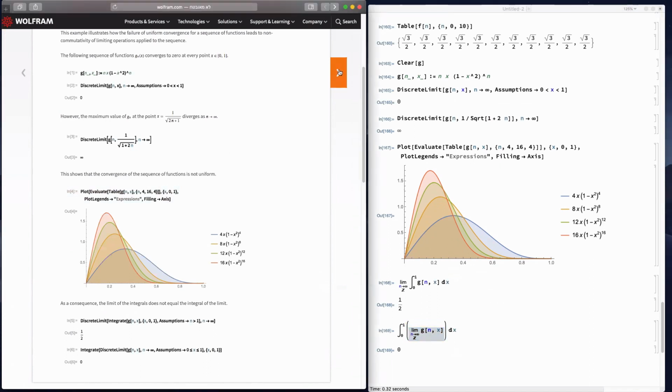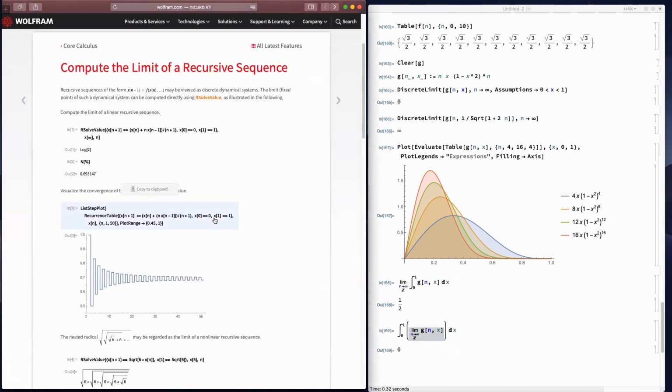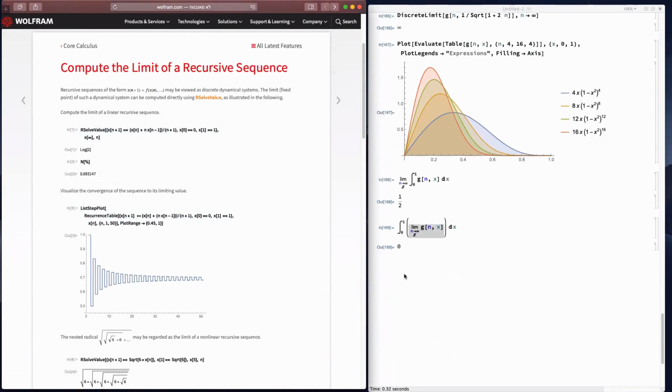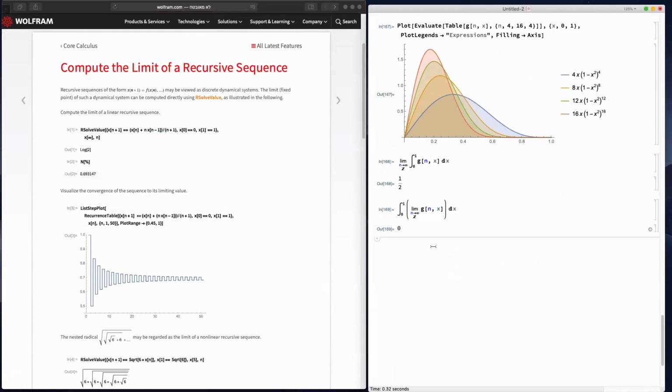All right. Next example, limits of recursive functions. So our RSolveValue finds solutions to recurrence relations, and it has new understanding of asking for values at infinity. So for example, here we're solving this sequence, and we're asking for the value at infinity, and we get log 2. And I want to emphasize that it really does understand that it needs to take a discrete limit here,